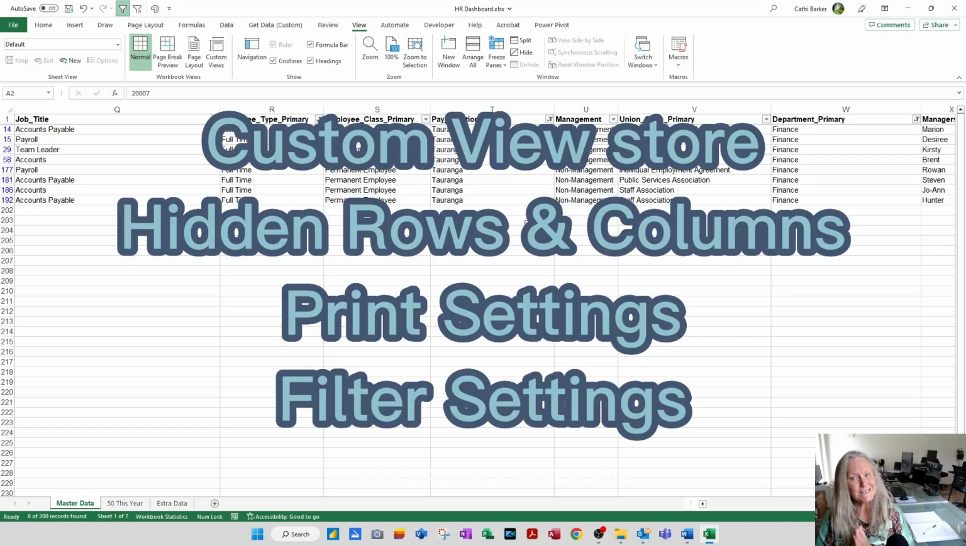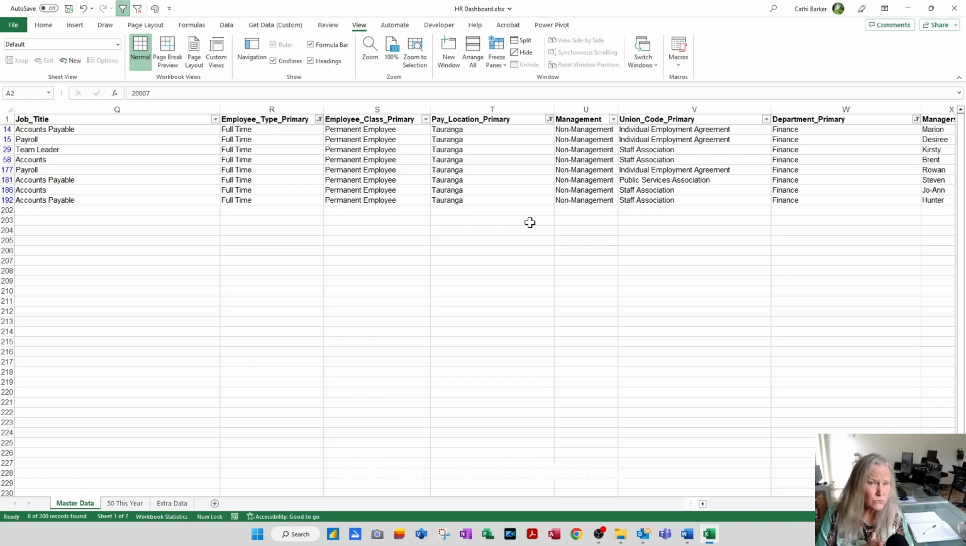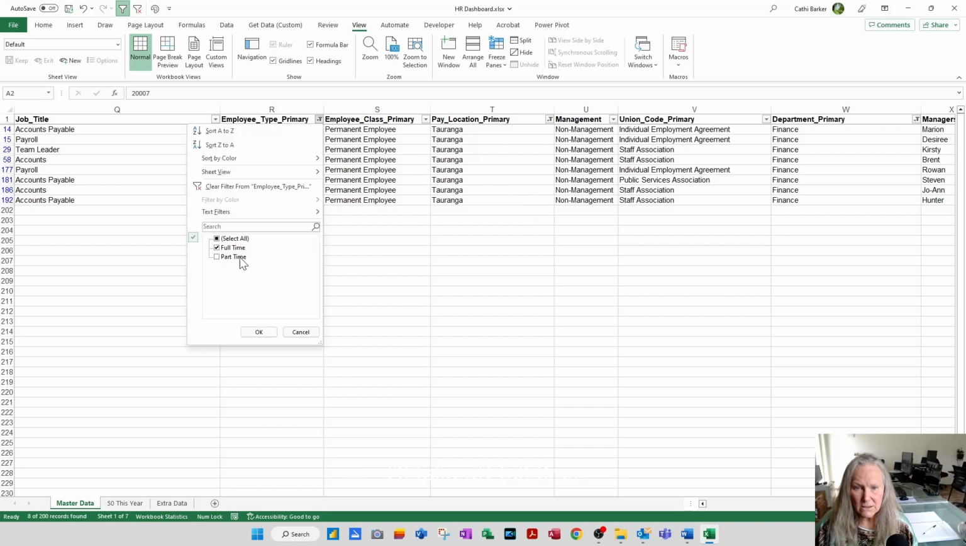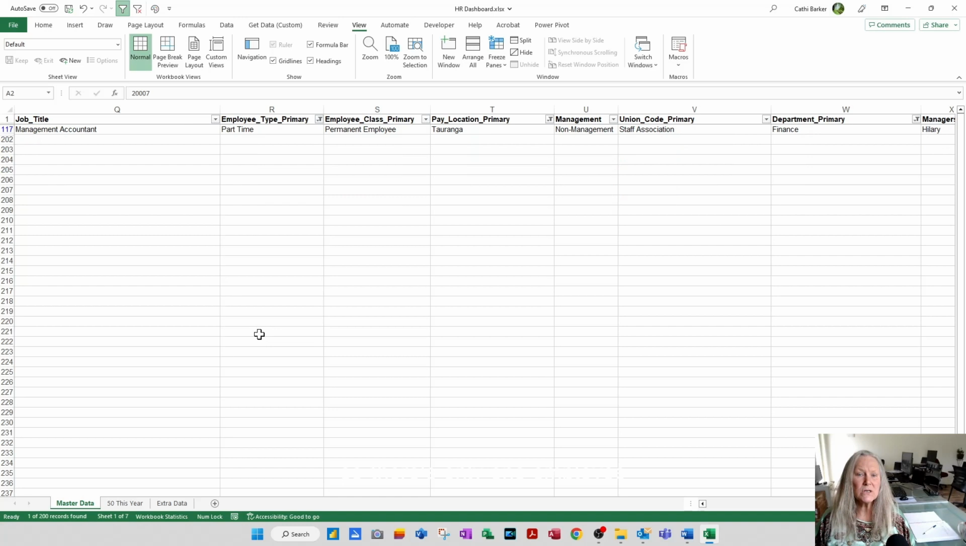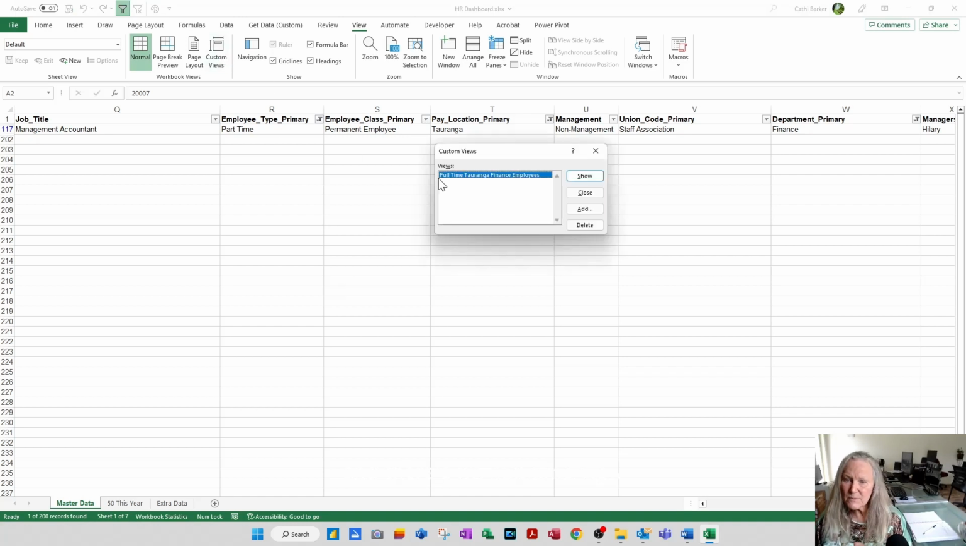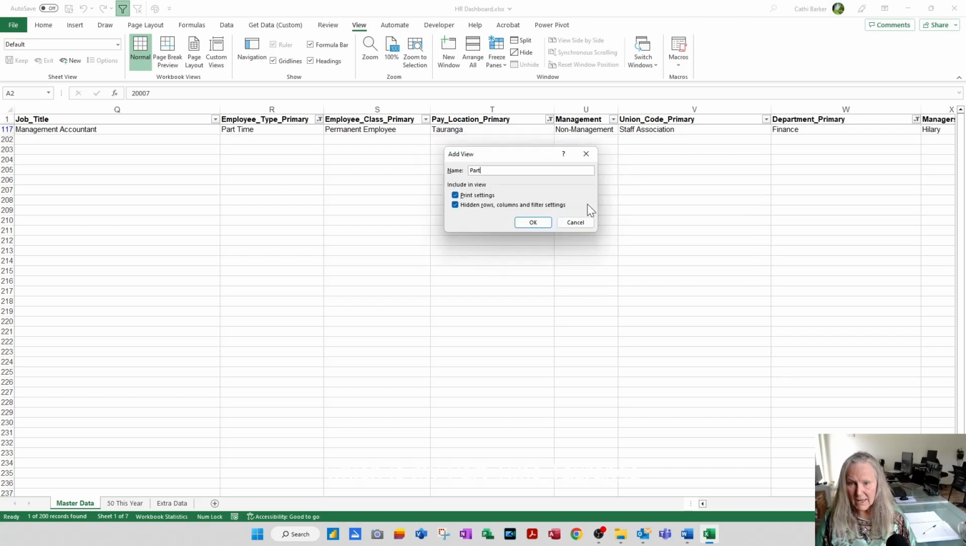Now let's create a second view, and that is not my full-timers, but my part-timers in Tauranga and in finance. So I'm going to hit the drop down here, I'll take off full-time, choose part-time and OK. So there's only one employee who's part-time at this stage because the data could change. So I'll go to Custom Views, and there's my full-time view that I just created a moment ago. So now I'm going to add another view, which is my part-time Tauranga